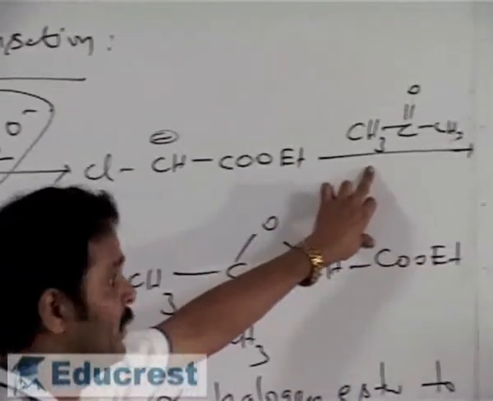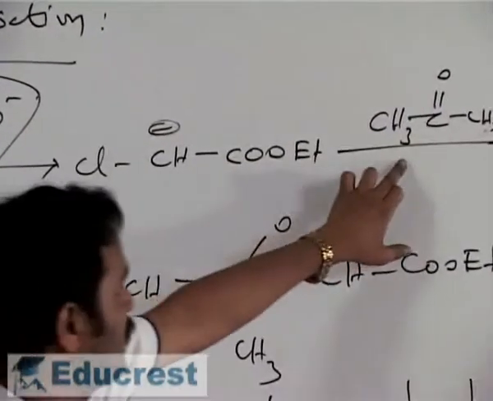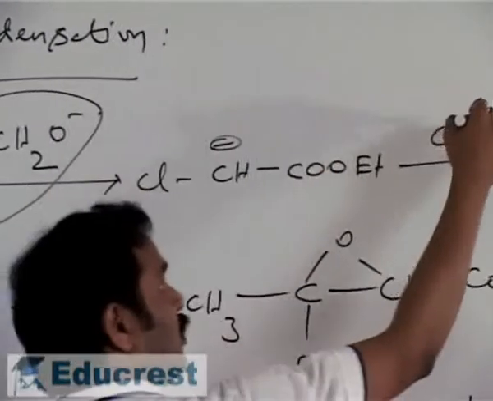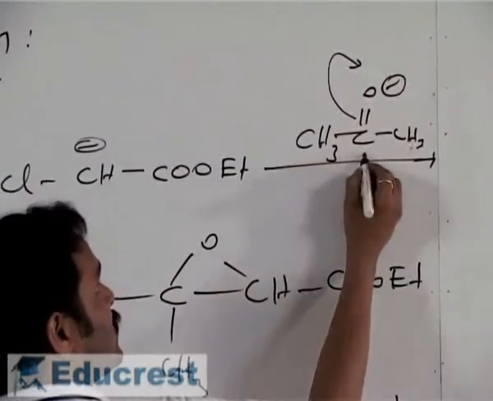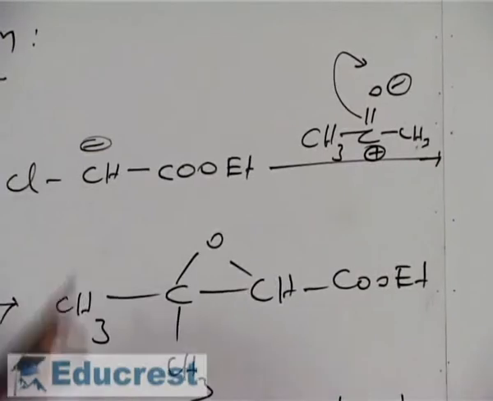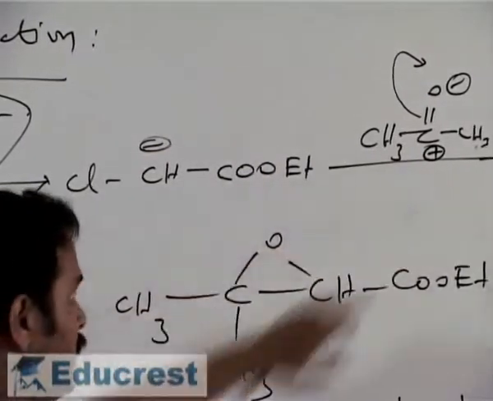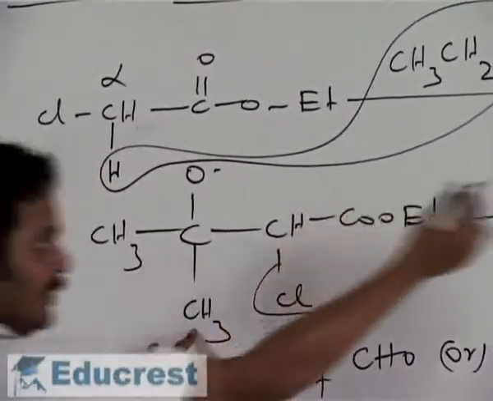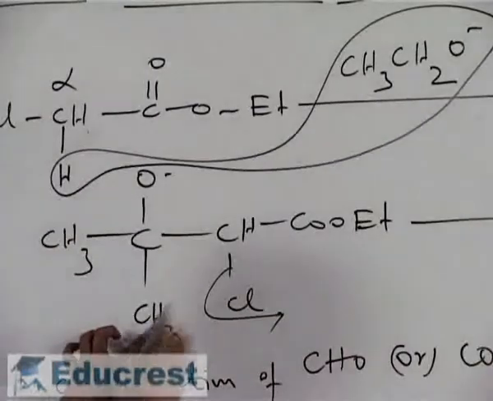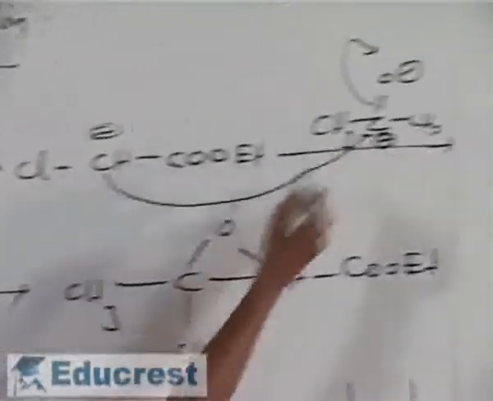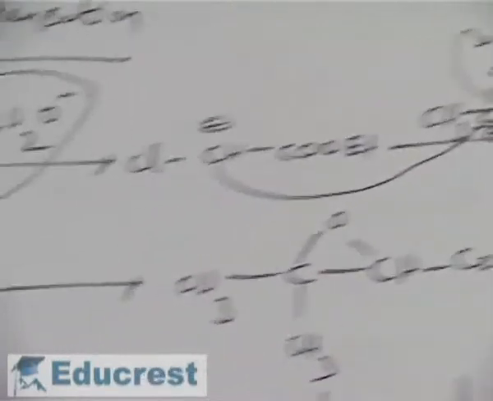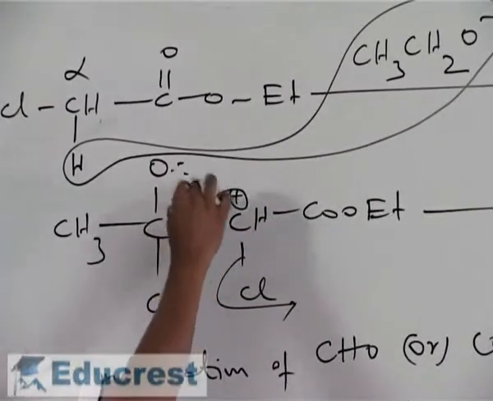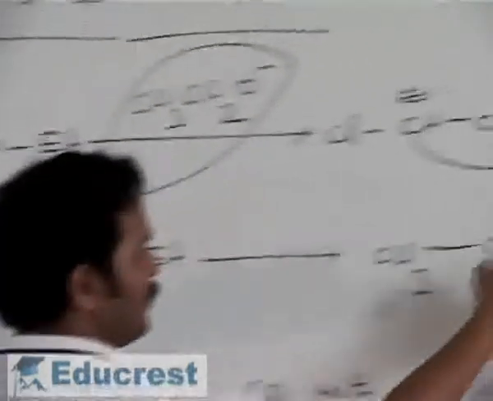Now this on reaction with a carbonyl compound. This is a carbonyl compound, acetone, right? Known to you that the carbonyl compound is polar. Now this is minus, this is plus. Now this part gets substituted here and gives rise to CH3, CO minus, CH3. Now this CH gets added up here and it gives rise to this compound. Now chlorine is eliminated, then between these two we will get the bond. CH3, C double bond O, CH.